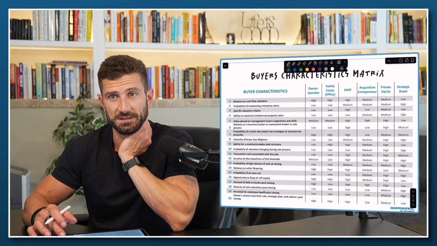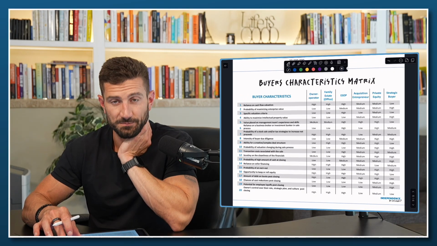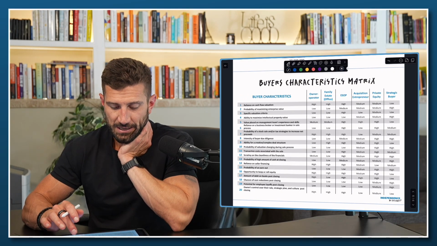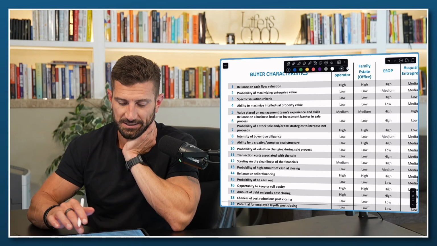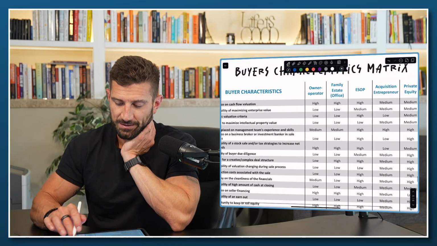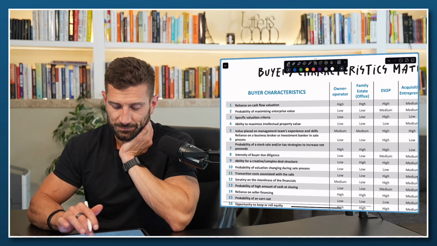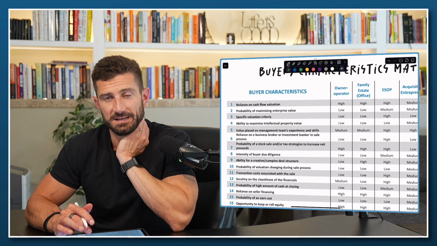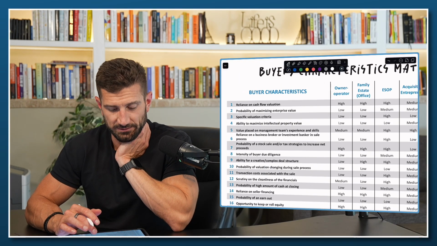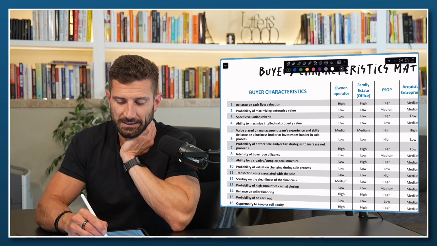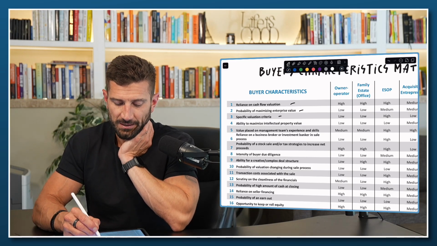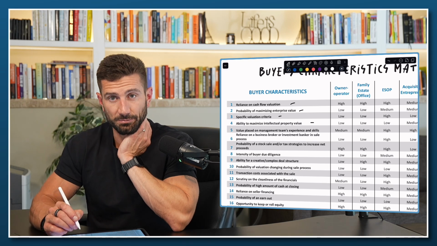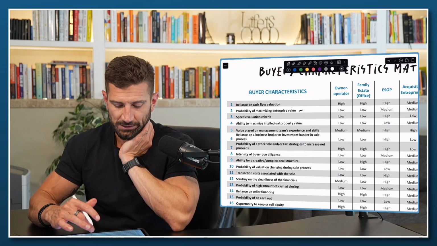Buyer characteristics, this is in the PDF below. Again, given the time already, I just created a list of all these different buyer characteristics of reliance on cash flow valuation, high, medium, low. And these are all rules of thumb. So this is not a prescription. This is a set of guidance. Probability of maximizing enterprise value, specific deal criteria, ability to maximize intellectual property value. I'm just going through a lot of different